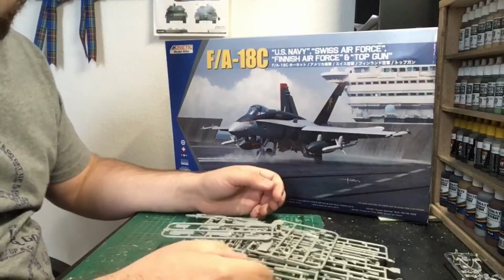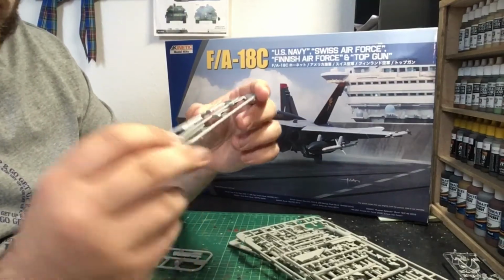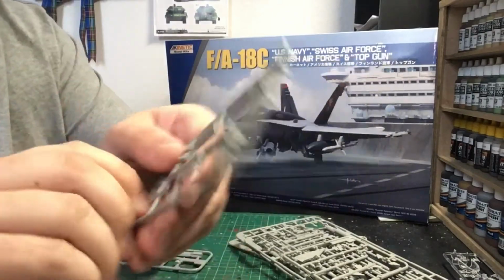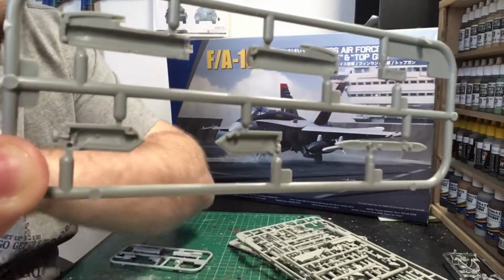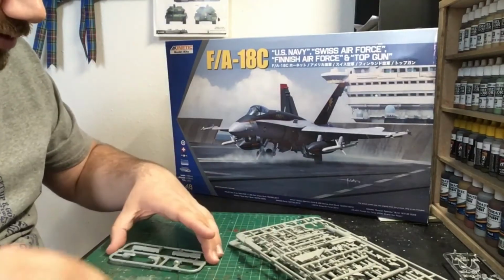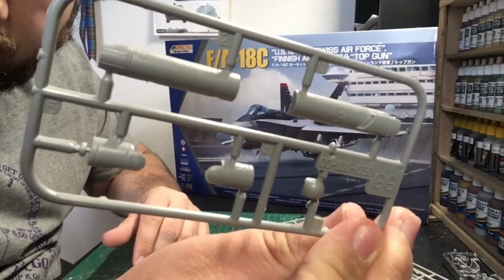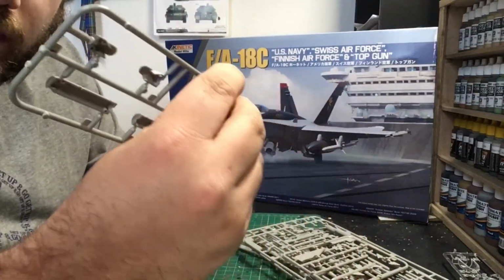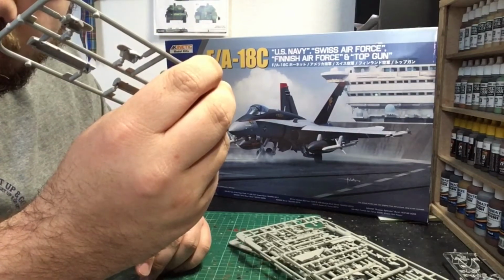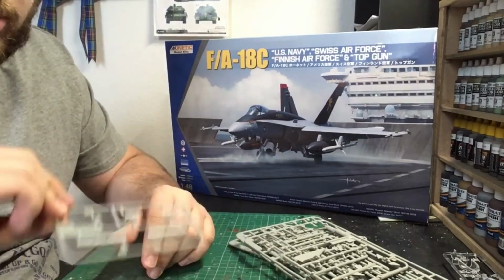And what we have here is a pile of sprues which cover the stores. So we have one sprue here, which is the Sniper Recce Pod, which has a little mechanism so that you can actually rotate the seeker head, which is quite cool if you're into that kind of thing. And the same for the, I think this is an AAQ-28 or something they call it. Same thing, you can move the head on this, and again, detail on the seeker head's almost, it's nice actually. It's a wee touch soft, but once it's got a wash on it and things to pick out those rivets and stuff. The rivets are maybe a bit deep, but